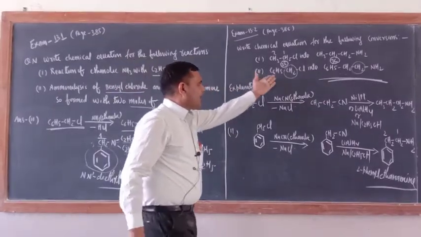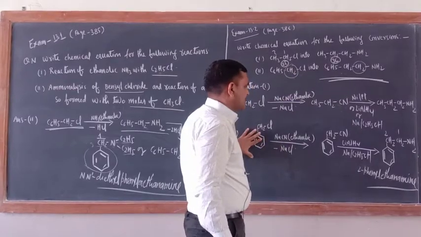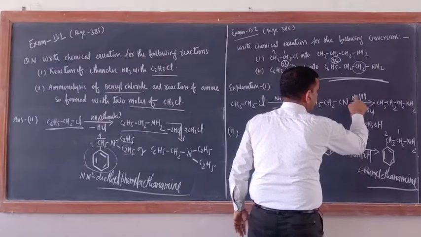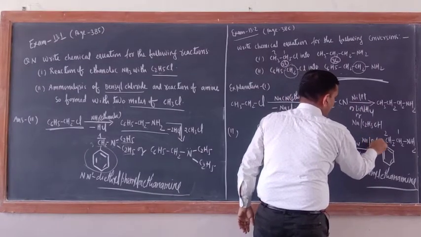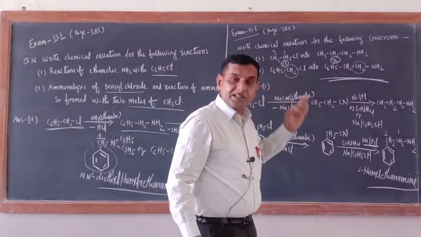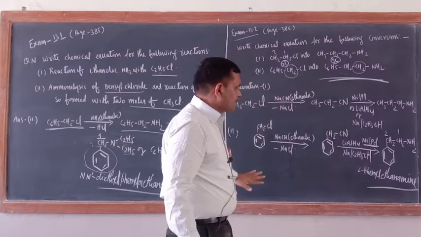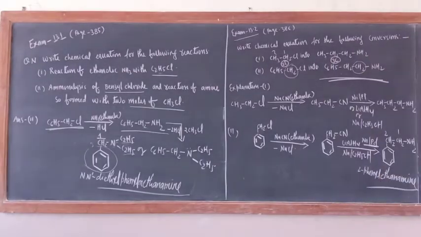Now you can write in this way also. I don't have any problem. I just made the structure of this one. Okay. In place of this one you can take nickel, platinum also. Nickel, Pd. Okay. They are also reducing agents. The reagent name must be mentioned. Then only you will get the marks. Okay, over this one. So these conversions are like that. Some more examples are there.